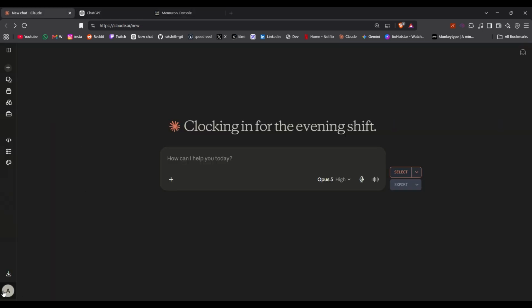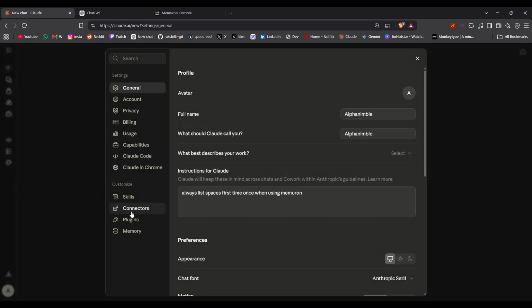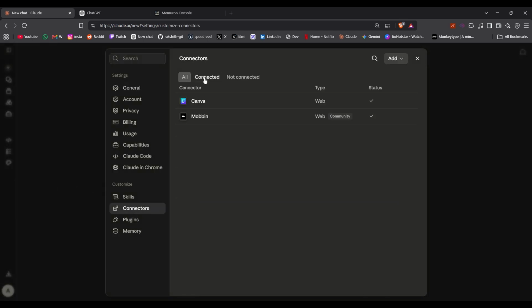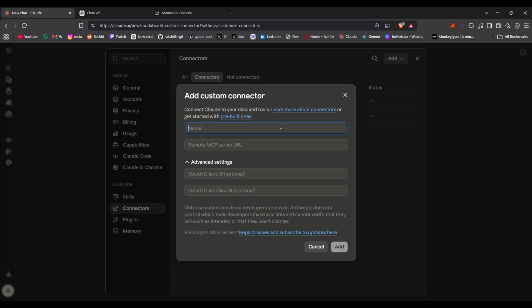You go to Claude, and under settings, you go to connectors. Here, under connectors, you can add custom connectors. You type the name of the connector you're going to have, which will be Memuron in our case, and we simply paste the URL and click on add,